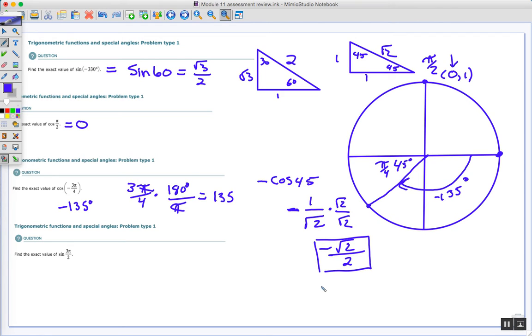There you go. All right, let's do one more. So sine of 3 pi over 2. 3 pi over 2 is 270 degrees. In 3 pi over 2 radians, it falls right here. That is, we're dealing with sine. Remember, sine is equal to y on the unit circle, only on the unit circle. Sine is equal to y, so this ordered pair is 0, negative 1. So that's equal to negative